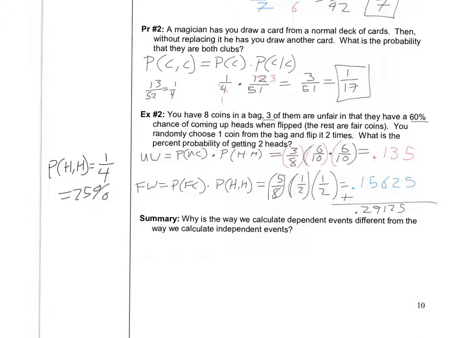All right. Lastly, here we have a summary. Why is the way we calculate dependent events different from the way we calculate independent events? I want you to explain that back to me in your own words,